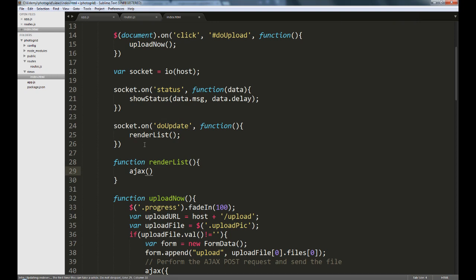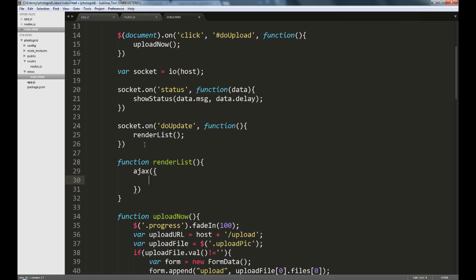We are going to use the Ajax in this case to call the getimages route and get the JSON result. So within the Ajax function, let's first put the URL. So URL in this case would be host plus /getimages,